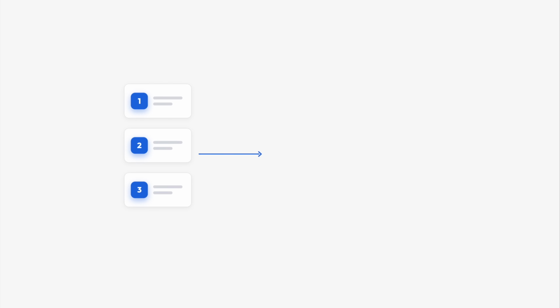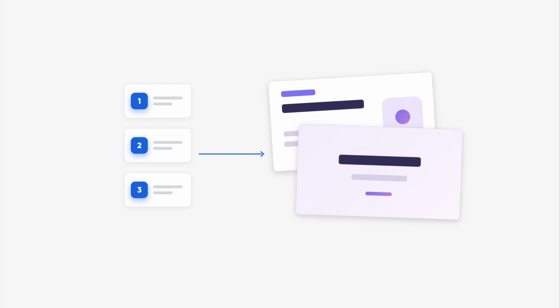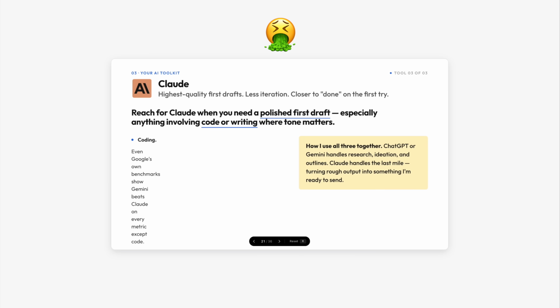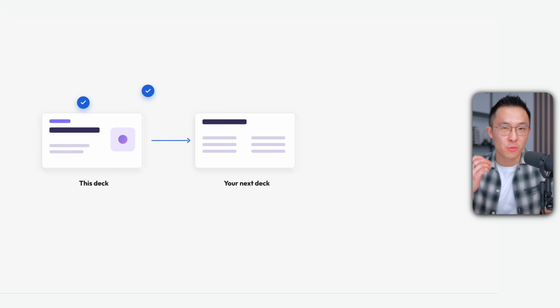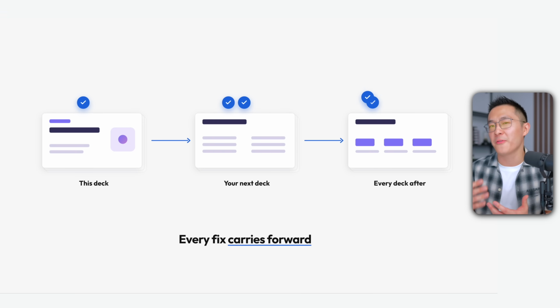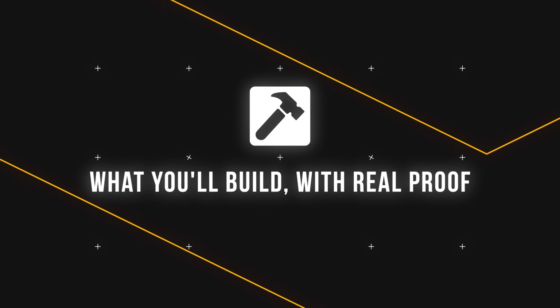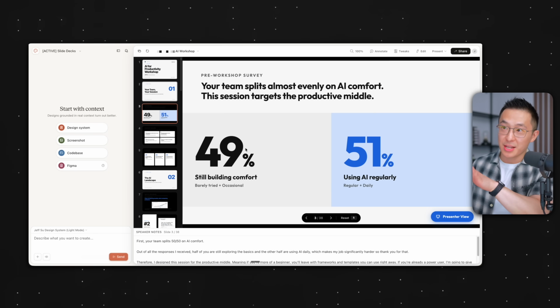So in this video, I'll show you how preparing 3 simple files ahead of time helps you go from disasters like this to polished visuals that look like this. And the best part is every improvement you make carries over to all future designs. Let's get started. To prove I'm not bullshitting you, this is the actual deck I recently used to run a